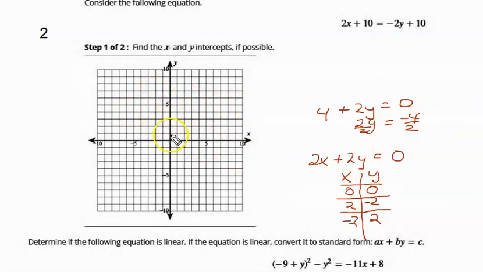So putting a point on the origin is right there. And then a 2 and a negative 2. So over 2, down 2. And then for our next point, negative 2, up 2. So we're going to get a straight line that looks like that